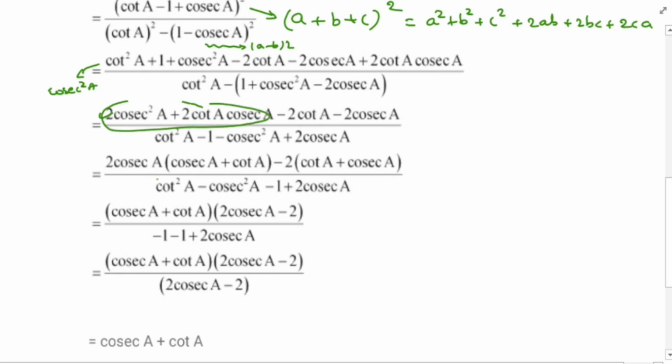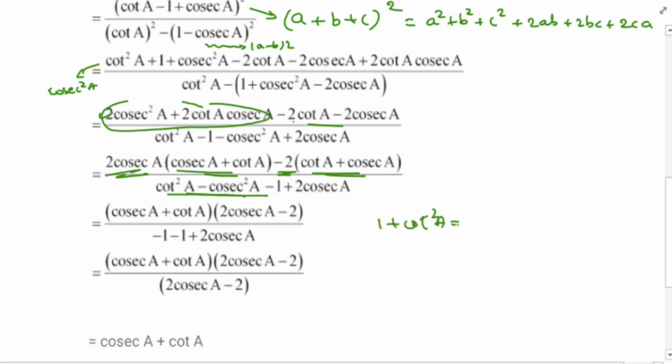So we will get 2 cosecant A into bracket cosecant A plus cot A. Minus 2 is common here, therefore minus 2 into cot A plus cosecant A, divided by cot square A minus cosecant square A minus 1 plus 2 cosecant A. Again here cosecant A plus cot A is common, we will get cosecant A plus cot A into bracket 2 cosecant A minus 2, divided by cot square A minus cosecant square A